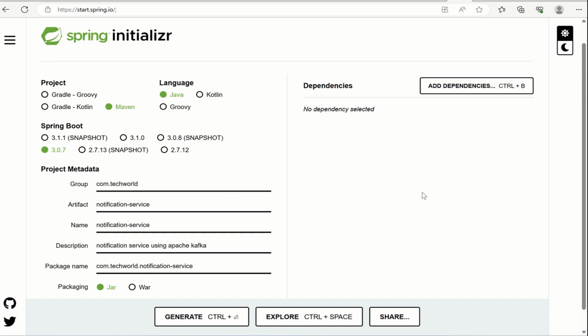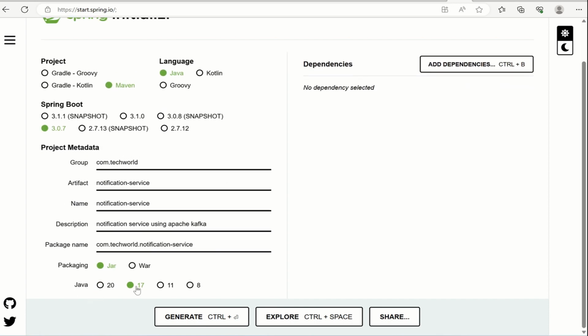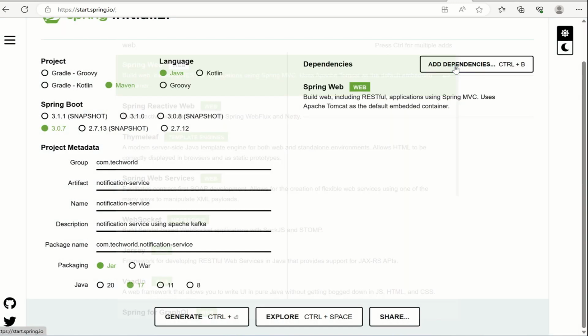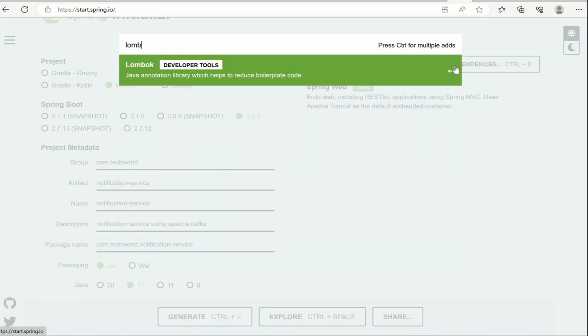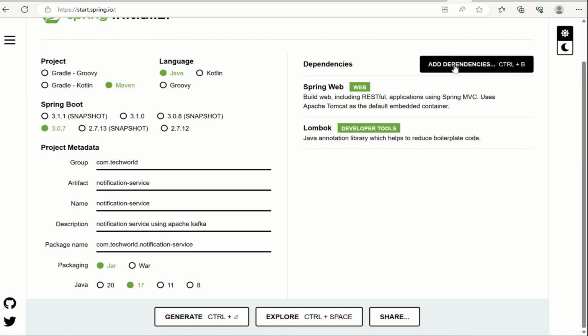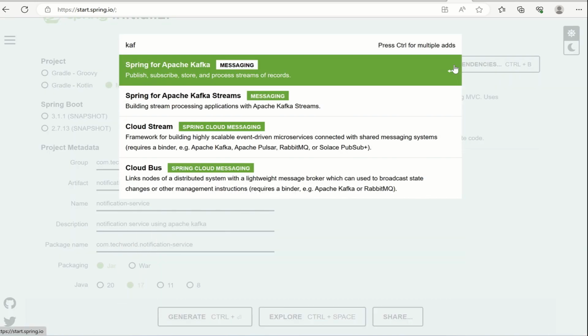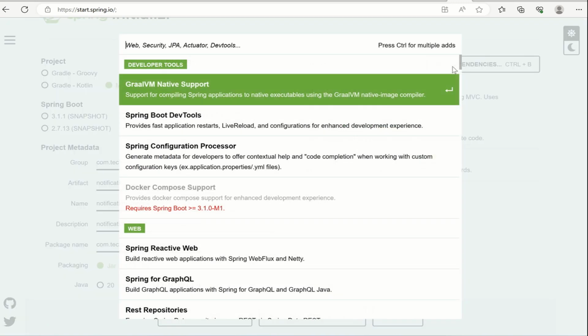Now let's create a module called notification module by going to the Spring Initializr, and here provide the artifact ID as notification-service, the name as notification-service, packaging as jar, and use the Maven version with the Spring Boot configuration with 3.0 version, and it will use Java 17. Along with that, add some dependencies like web, Lombok, Kafka, Zipkin,